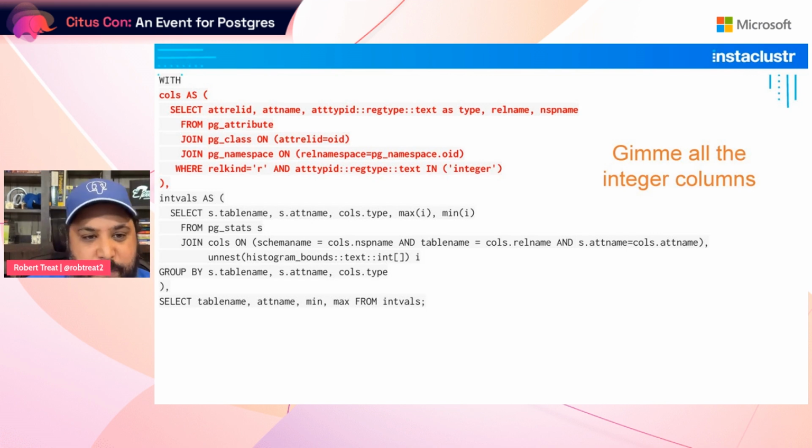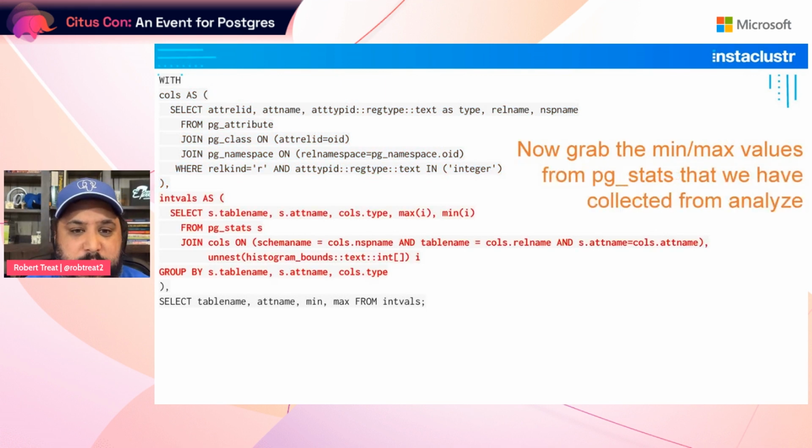The first step, and this will make sense as we walk through it, is we basically say to the database, let me look through the system catalogs and I'm going to pull back every integer column that is in my database for every table. I need to basically look at everything that's in there in order to verify and make sure that I'm doing okay.